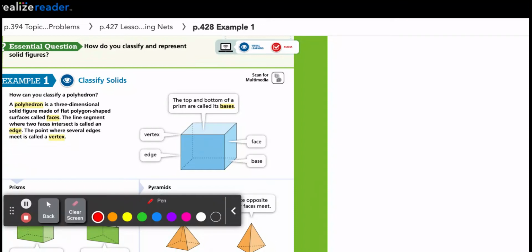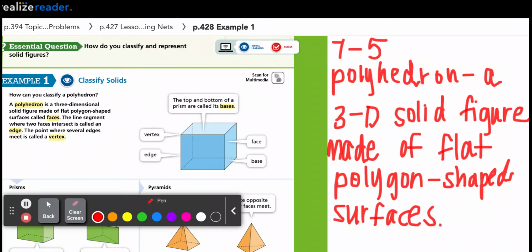So in your notebook, let's label the page 7.5. And we're going to start by writing the definition for a polyhedron. So a polyhedron is a three-dimensional solid figure made of flat polygon-shaped surfaces. So if we look at this three-dimensional figure here, the blue figure, it's a cube, and it's a